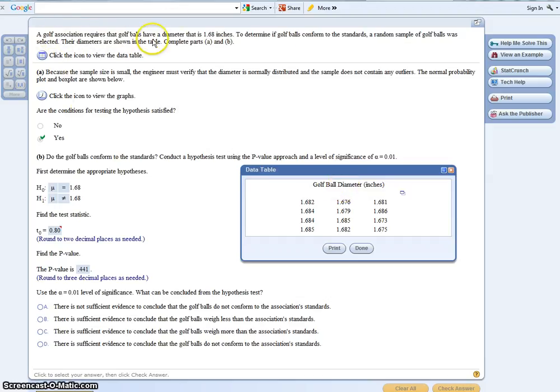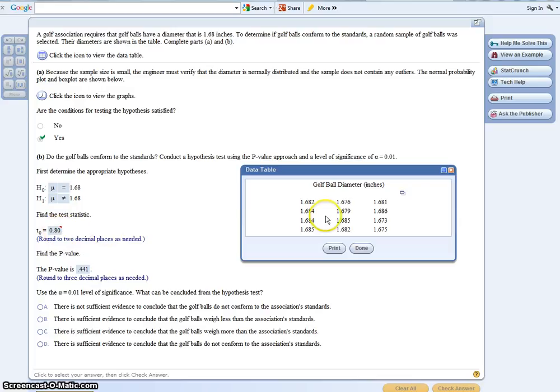So you have a requirement that the diameter of a golf ball be 1.68 inches. And so, during a manufacturing process, you may not be able to get the golf ball to be exactly that. So here's a sample of several golf balls, I think 12. And so you can see that their diameters are off slightly, right? But these are like hundredths or thousandths of an inch off, so you probably wouldn't even notice with the naked human eye. But so to answer this question, T and P,